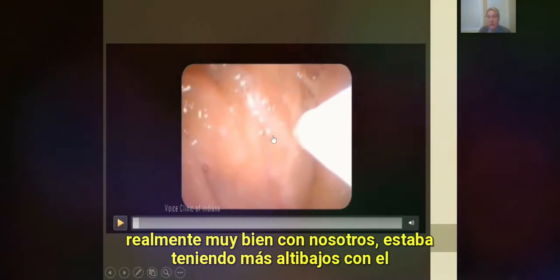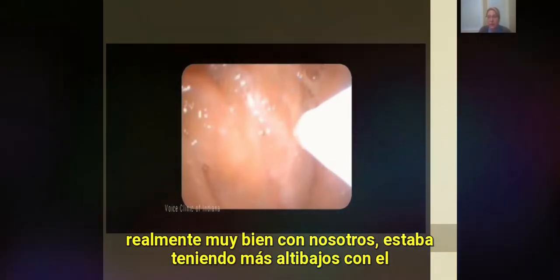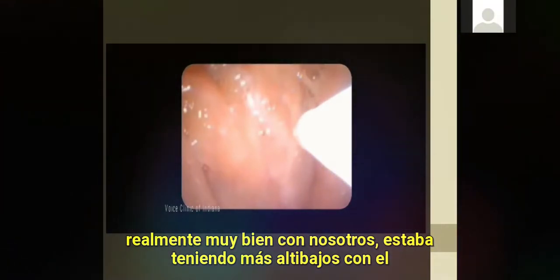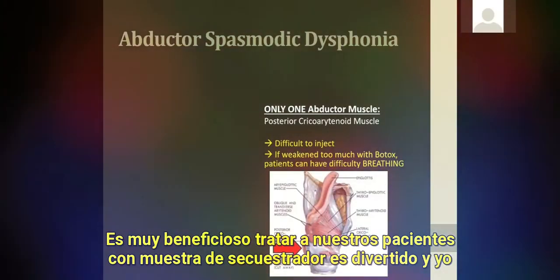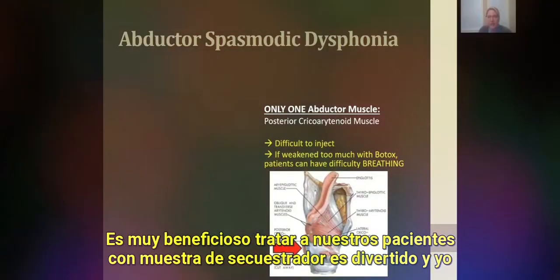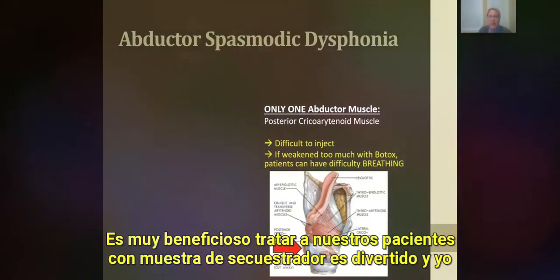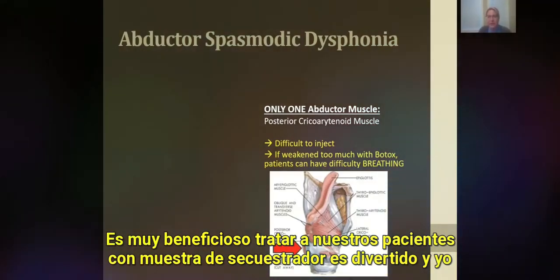And that patient has done really, really well with this. He was having more ups and downs with the EMG guided Botox, so doing it this way has been very, very beneficial. One of the other things we have as a challenge is treating our patients with abductor spasmodic dysphonia,